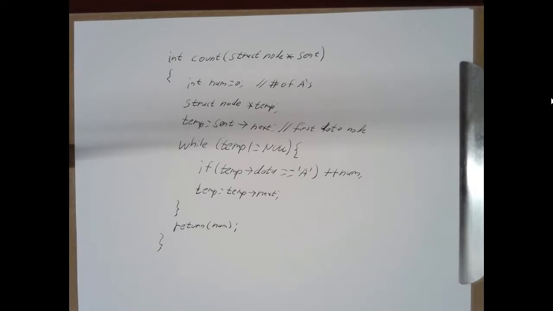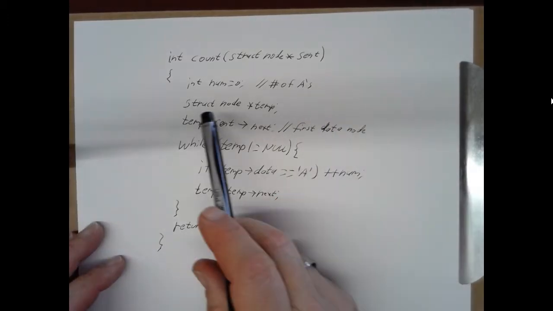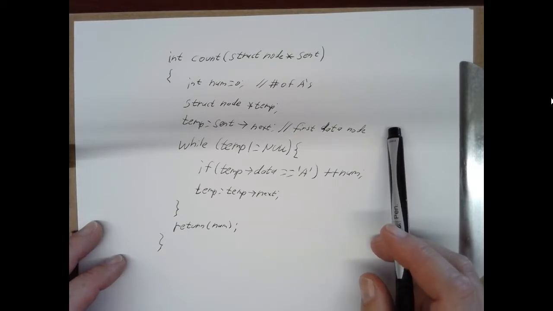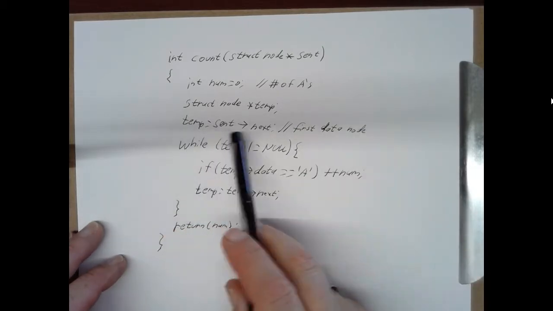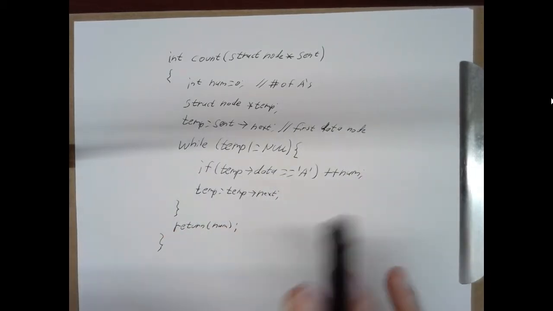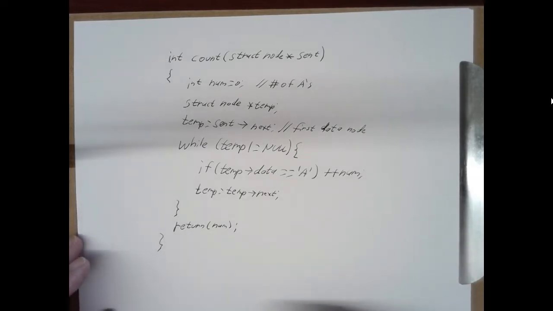And so not a lot of troubles with this. A few things that I saw. One thing was doing a malloc up here: temp equals malloc, size of struct node, followed by temp equals sent arrow next. Don't do that extra malloc. It uses memory, and unless you free it, you've got a memory leak.